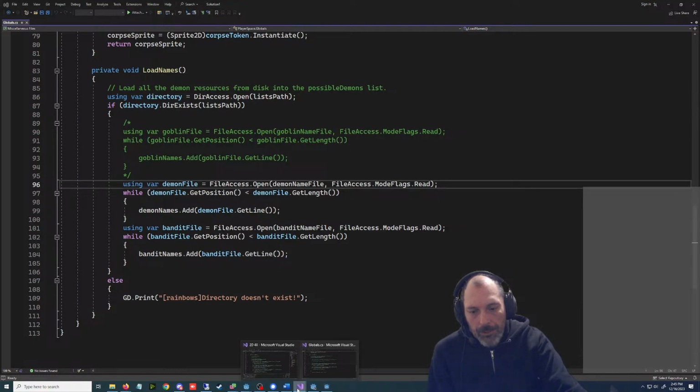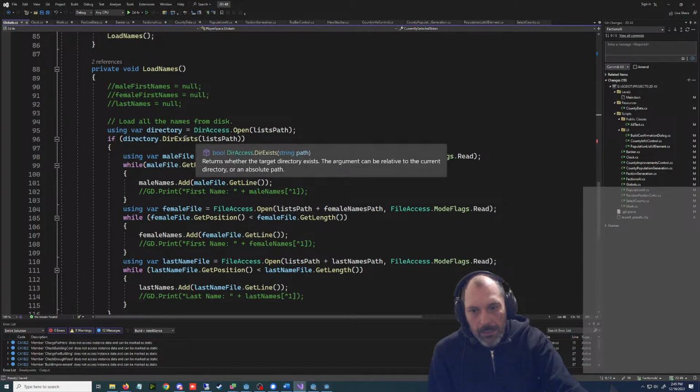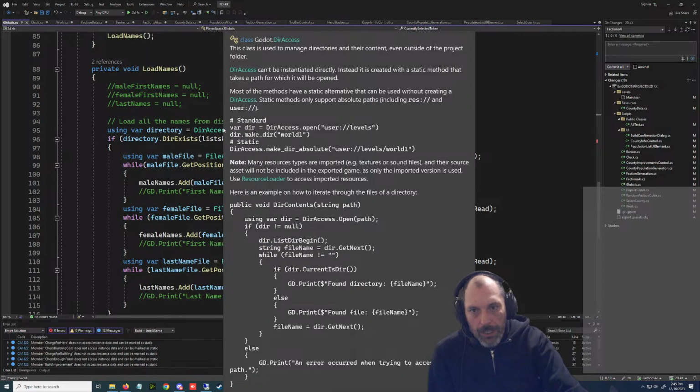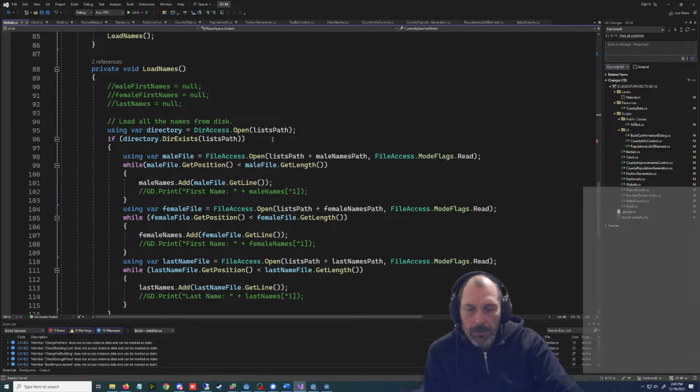File access versus... Oh, it's this thing. So that's Godot. This is C sharp. No, it's not. This is also Godot. This is Godot.